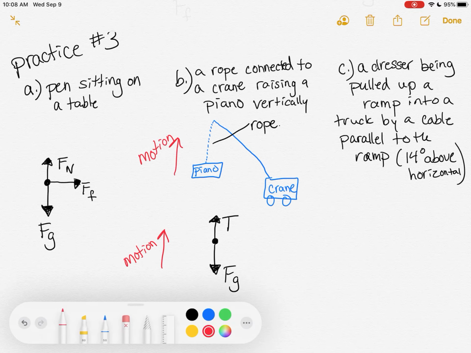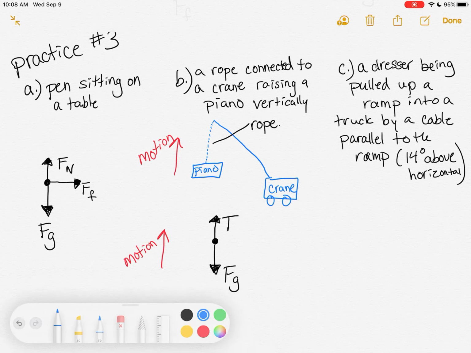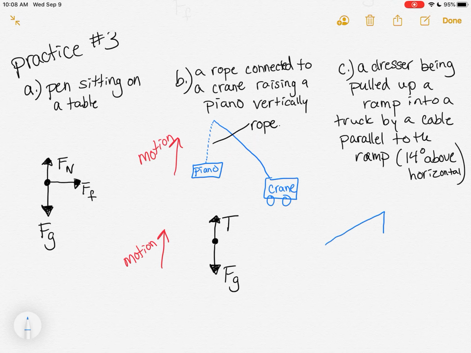All right, so then our last example here, our dresser being pulled up a ramp into a truck by a cable parallel to the ramp. So again, for this one, I'm going to draw a system diagram. So this is going to be my ramp, and I know that the bottom of my ramp is 14 degrees. And then it's being